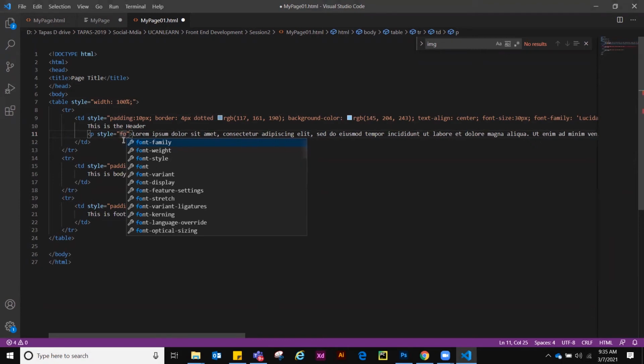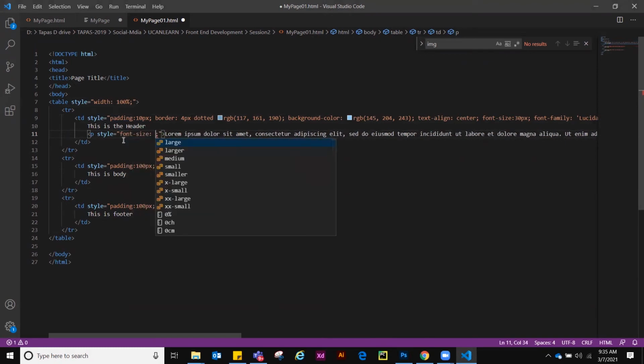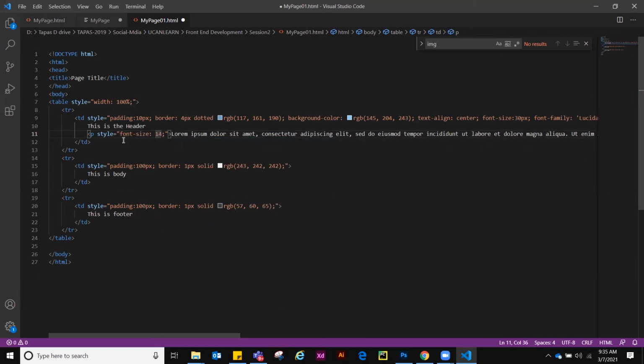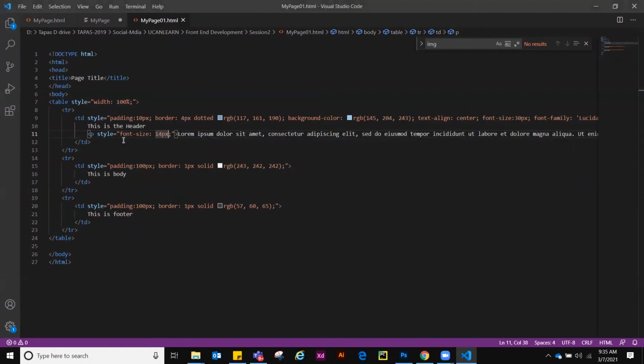So font size. Okay, I will change the font size to like 14 pixel. It is standard, right? Now see what happens. Okay, now it is looking good. Yes.